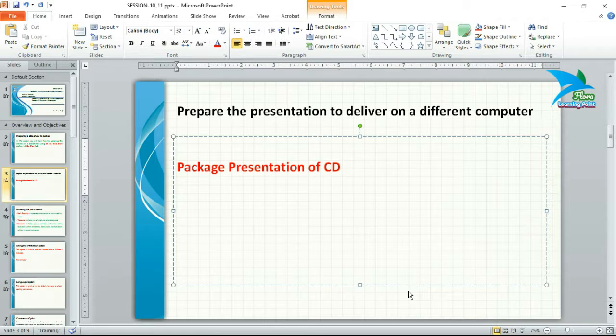Next, we'll discuss how to prepare the presentation to deliver on a different computer. That means if you want to deliver your presentation on a different computer, then you have to move your presentation from your computer or laptop to that computer. If you want to move your presentation from your system to that system, then you can copy it to your pen drive, then move it to that system. Or